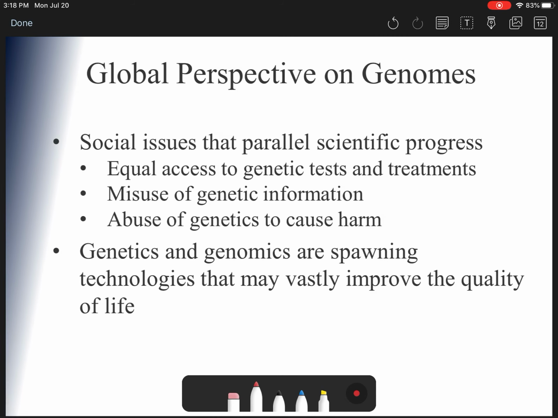And then other things to think about with genetics and studying genomes are some of the social issues that can arise. Like, does everybody have equal access to genetic tests and treatments? What if somebody misuses your genetic information? What if somebody starts to use some of the genetic technology to harm people? And so even though we may try to improve the quality of life by using certain genetic tests, we also have to be careful of any of the